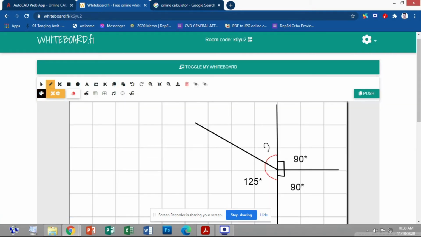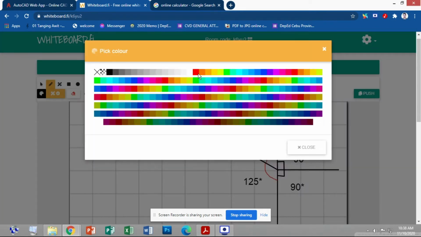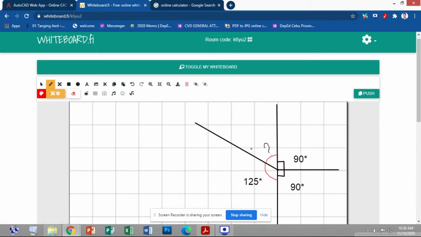But once we solve that, ang gagawin na lang natin is we're going to add that angle, the measurement of this angle, we're going to add it on our 90 degrees here to get the exact